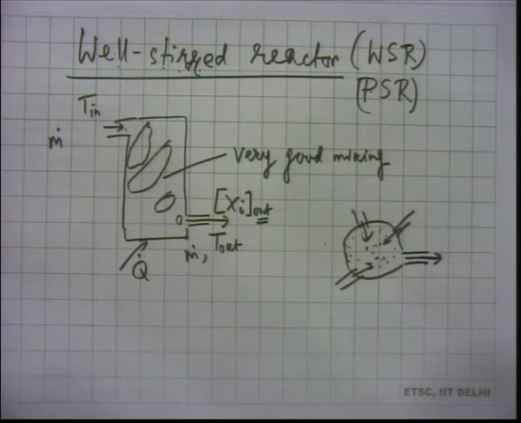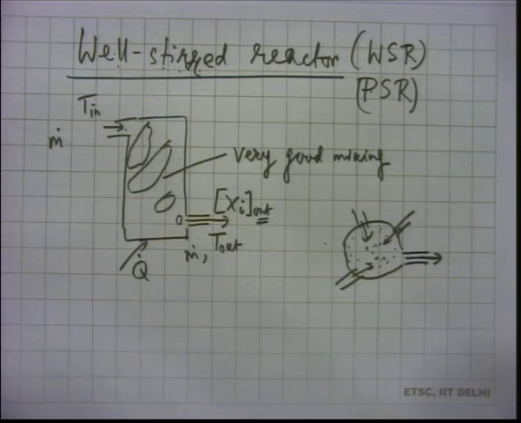Because you have mixed it so well, you expect that you will have the same reactant concentration, same product concentration, same temperatures everywhere. So, spatially again this is uniform. It is reacting at the same rate at various places. Of course, you can understand that in reality it is hard to get that. You can come close to that if you design the reactor well, but there will be differences in reaction rates from one place to another to some extent. But we are doing idealization because we are trying to keep the problem simpler at this stage, because we are just learning how to analyze combustion systems.